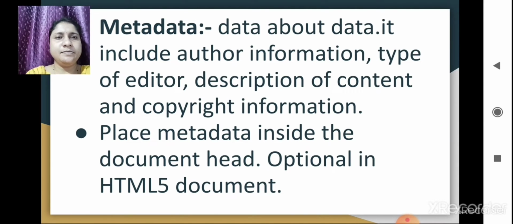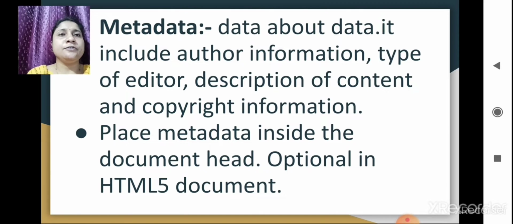Now the next is metadata. Metadata is nothing but data about data. It includes author information, type of editor, description of contents, and copyright information. It includes extra descriptive information that does not appear in the web browser.